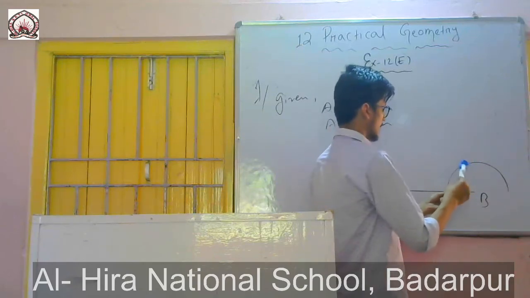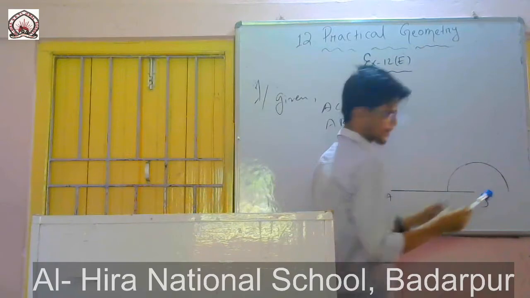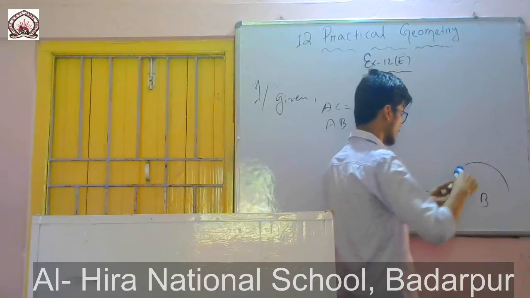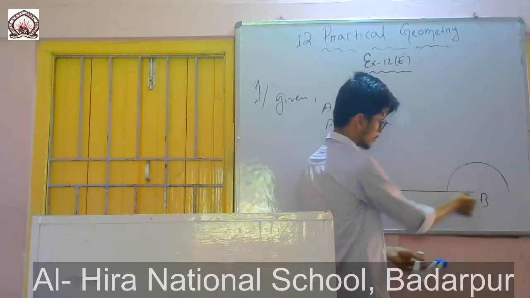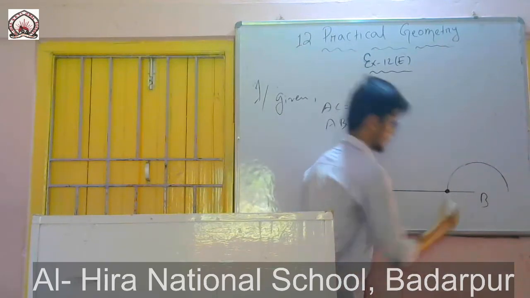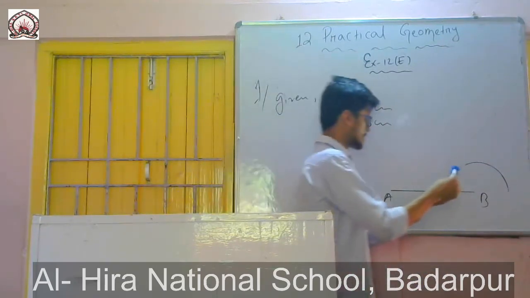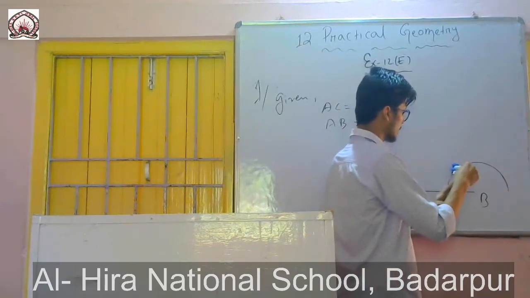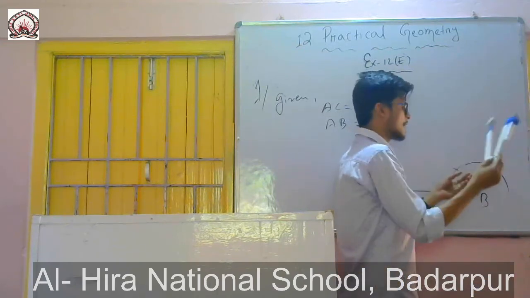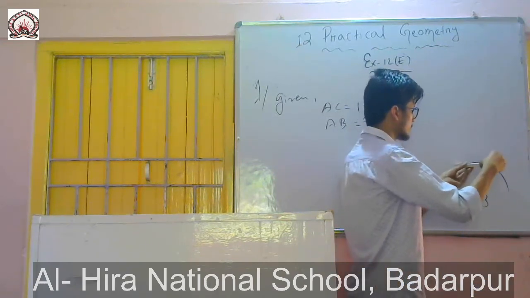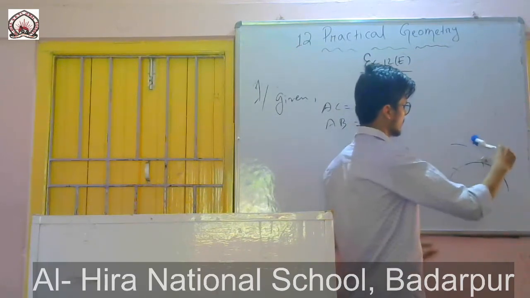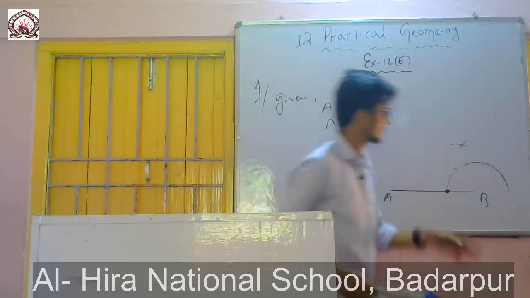Then with any measurement you just put it at this point. Let me name this point... You just put it at the intersection of this AB. So we'll put the needle of the compass at this point, and we'll cut it like this. We got one intersection there. Then again with the same measurement, I'll put the needle of the compass and cut it like this. Then by putting here, again I will cut here, and by putting here, again I will cut here.